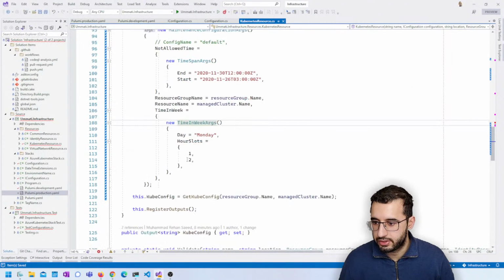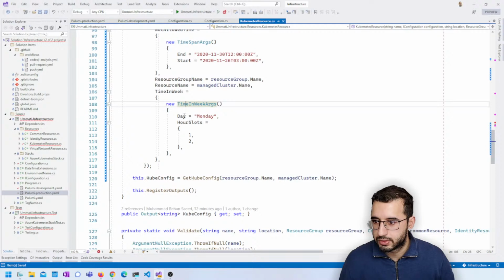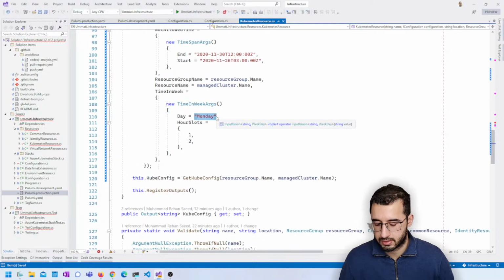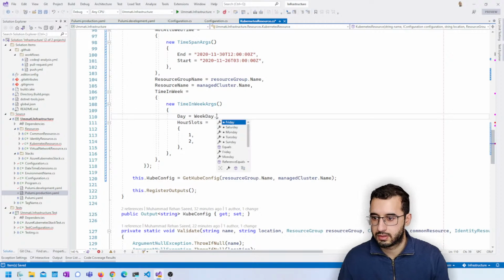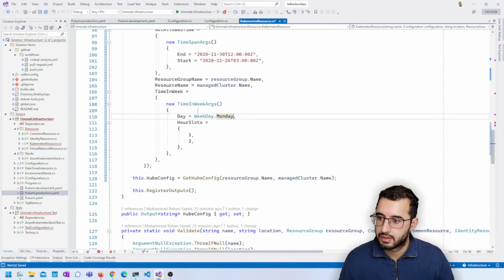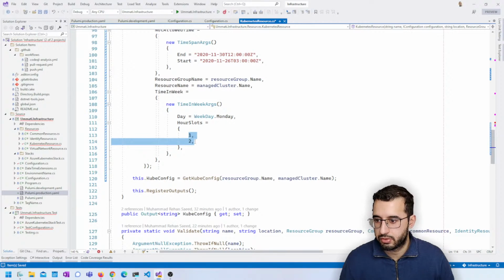So I think if I do day equals weekday Monday, a day in the week, and then do, yeah, between 1 and 3 o'clock. I think this is what this means. Hour slots 1 and 3 o'clock in the night. That seems reasonable to me. And then do that for all the weekdays. So I'm gonna just